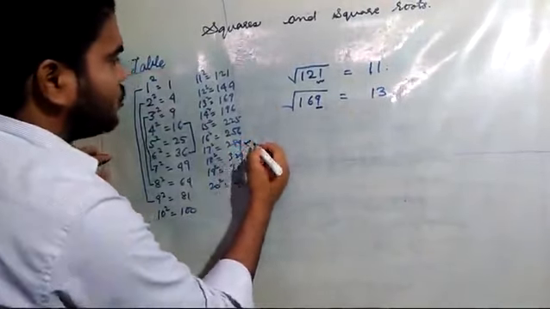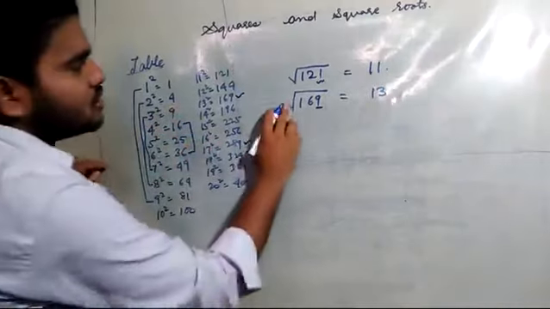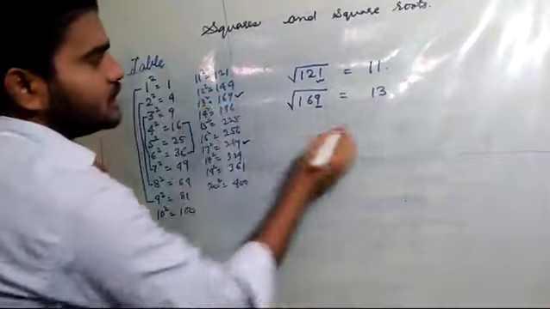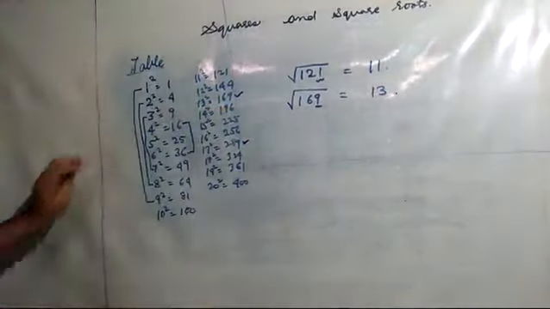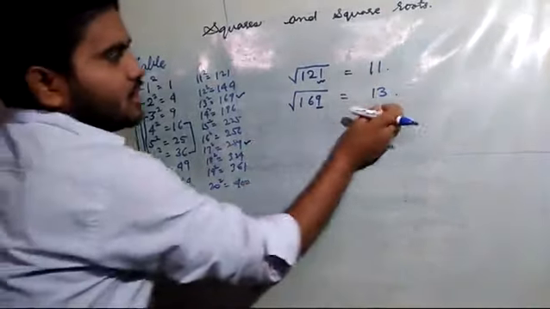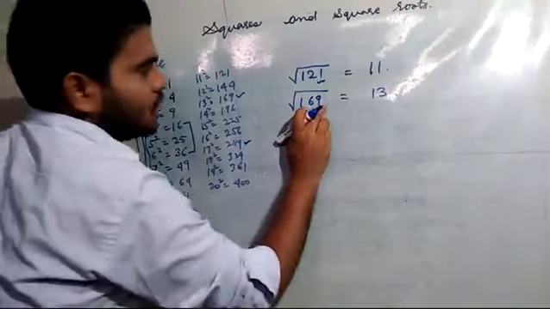Either it will be this one or this one. For bigger numbers, it will be easy for us to calculate the values. So here 17 and 13. Now if I ask you one more question, wait. Now dear students, I have told you root under 169 is equal to 13. Now how to identify? I will be taking smaller numbers.